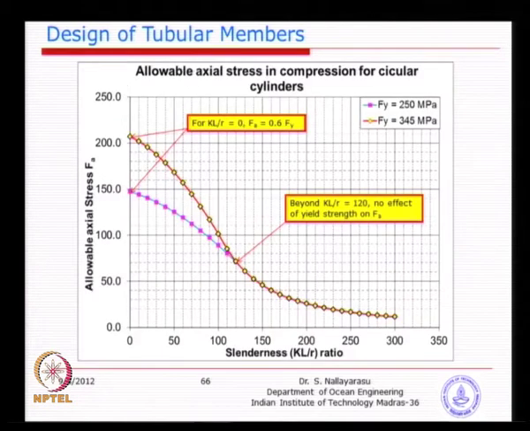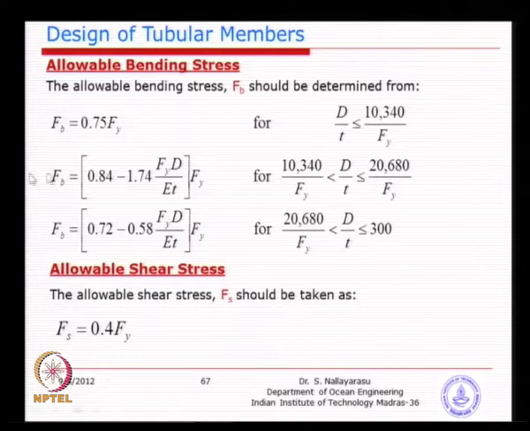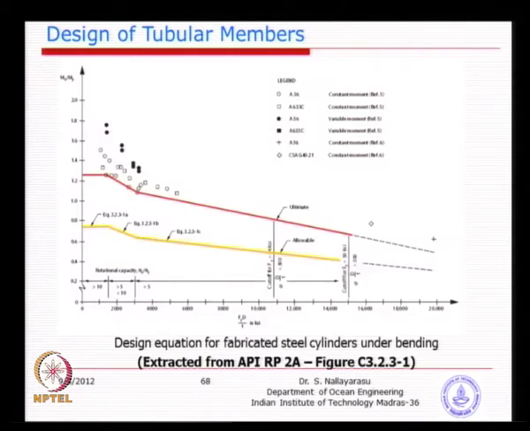Similarly, you will see we have seen the allowable bending stress. Again you see this formula is highly empirical, related only to diameter to wall thickness ratio, and these equations are again arrived at by experiments. Unfortunately, we have got experimental results only on the lower range of d by t ratios. For the larger range of d by t ratios we really do not have experiments, because nobody has the money and time to fabricate a big cylinder and test it. So, you see here that we have got the ratio around 4000.